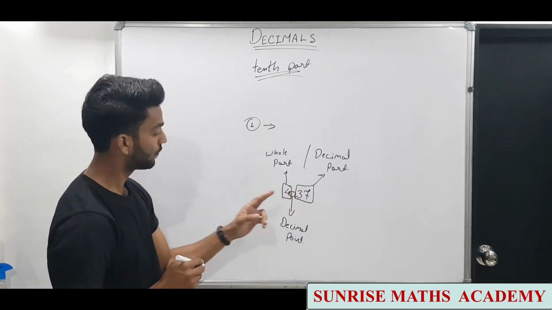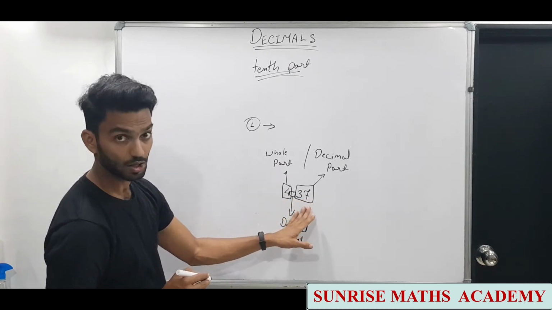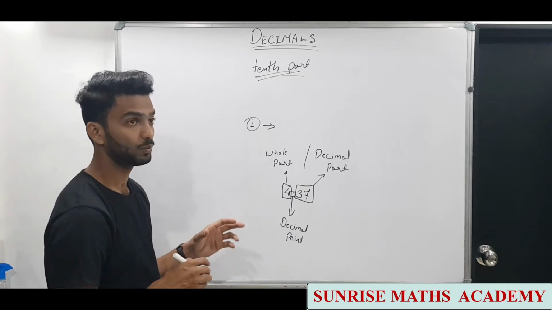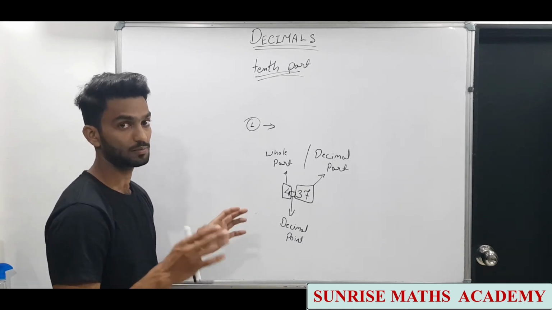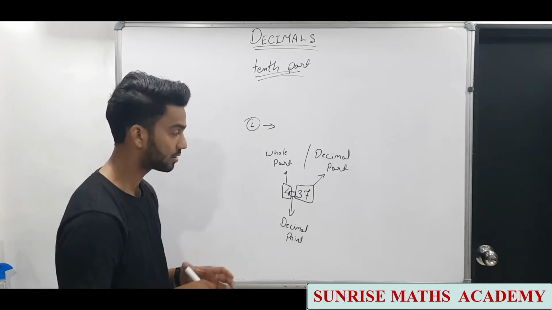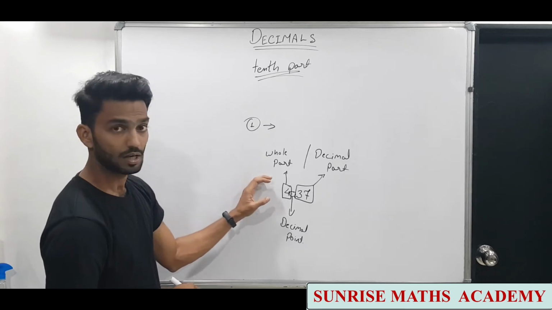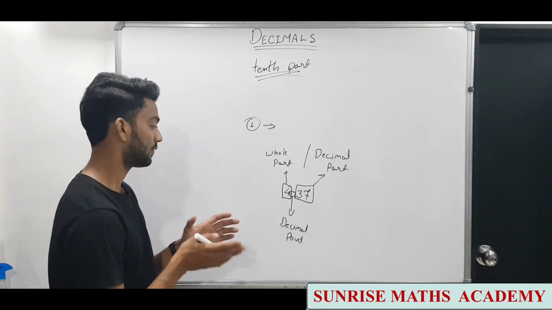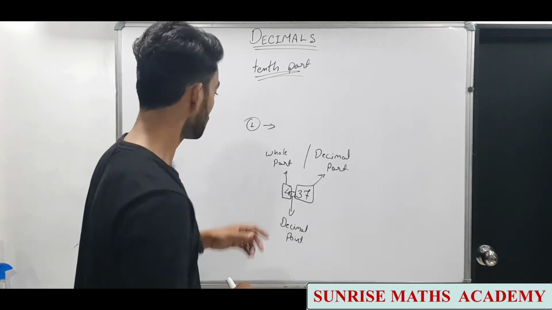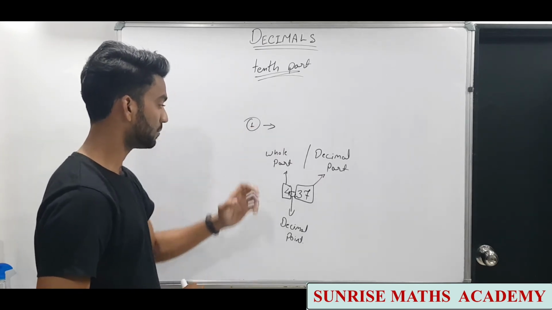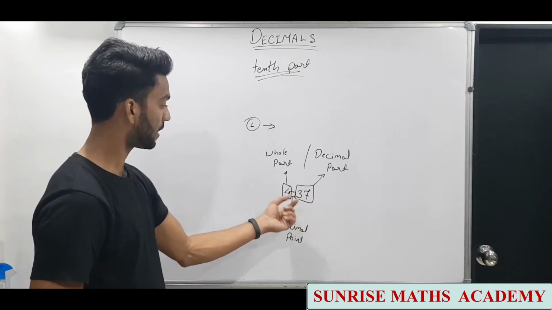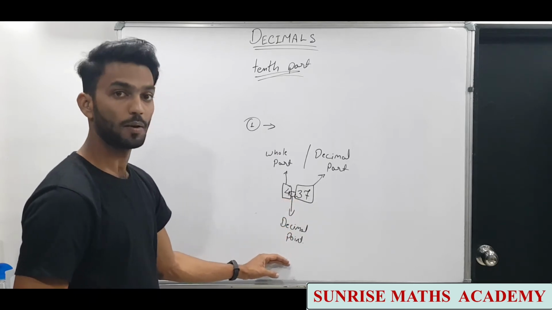How are we reading it? 4.37, or we can also read it in a different way that we will see when we see the decimal numeration system chart. We have seen that chart for the Indo-Arabic and international systems. In the same way there is a table for this, that we will see, and after that we will see how we read it this way. So here we need to understand that a decimal number, or just decimal, has a whole number part and a decimal part, which are separated by the decimal point.